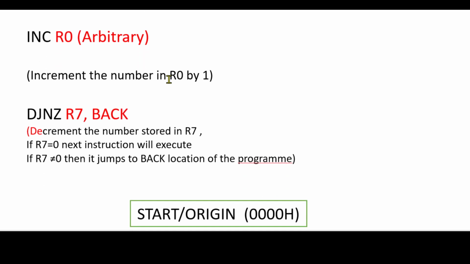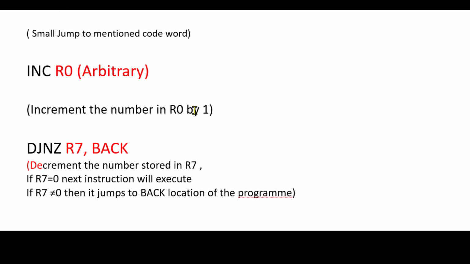Then I am going to use my last instruction, that is DJNZ. If you look at the code, DJNZ R7, back, it decreases the value stored in the R7 register. If it is not equal to 0, NZ meaning not zero, then it goes to the place where back is mentioned in your program. The back is also arbitrary, you can keep any other name. It basically checks the value of the counter register, in which you keep the count, whether you want to check 5 times or 6 times, depending on how many numbers you want to compare.